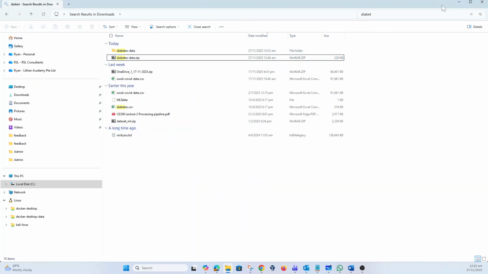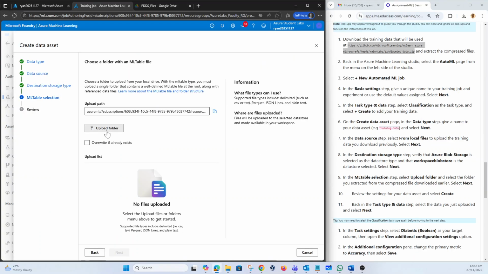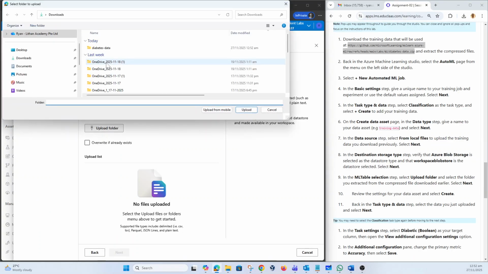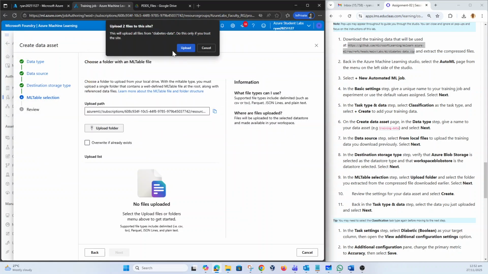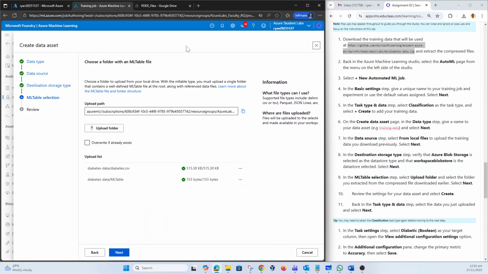Okay, so this is a folder. So upload the folder. After that, inside this folder. Upload. Okay. Yep. So this is the diabetes data.csv. Upload it. Yeah. Okay. Then after that, review the setting, and then after that, create. Yeah. Okay. Then after that,